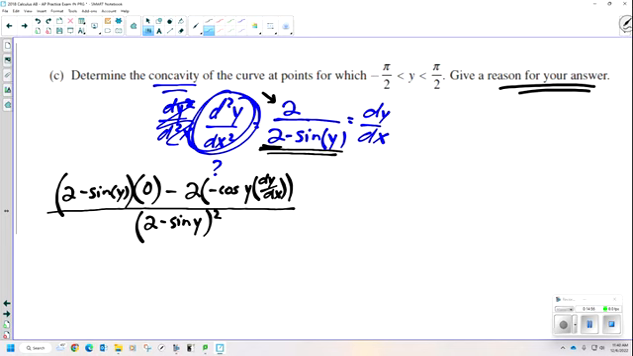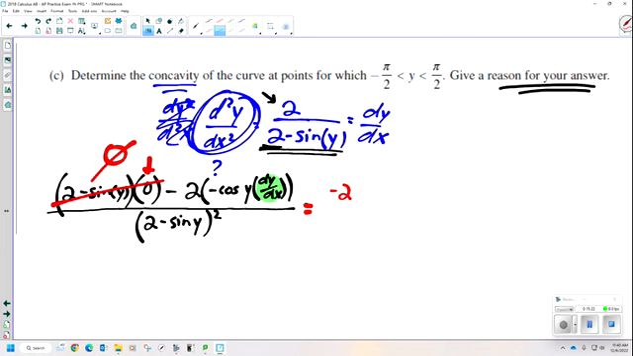Now we can't have dy dx in here, so we have to substitute it out. Let's start to simplify. First of all, 0 times anything is 0, so that term goes away. So I now have